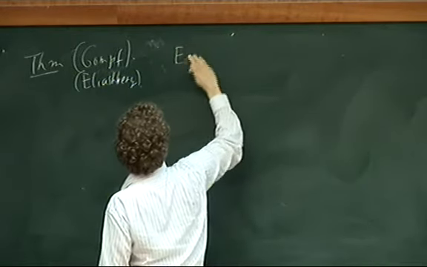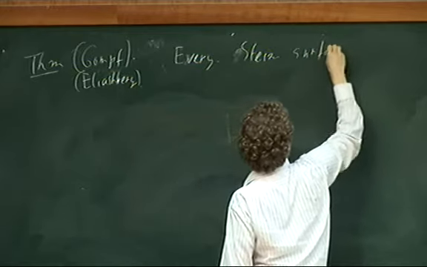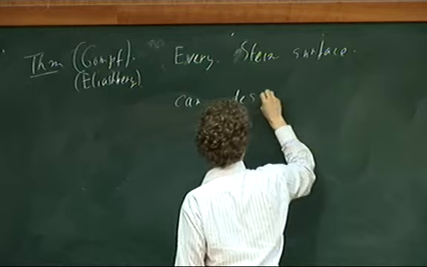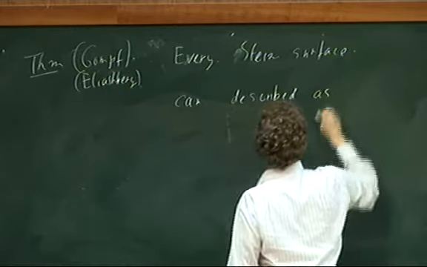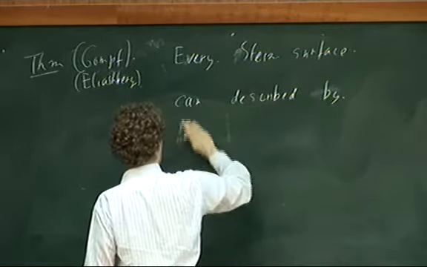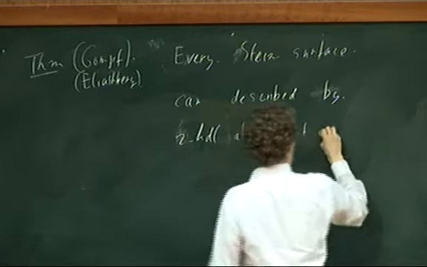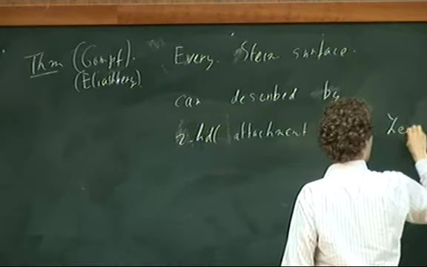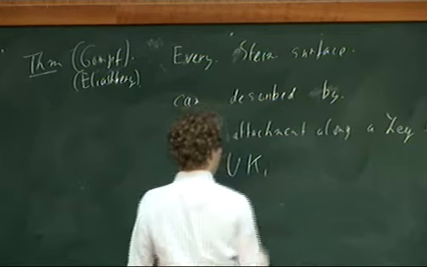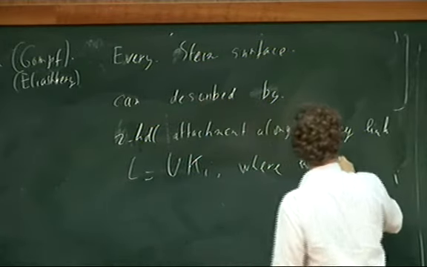So every Stein surface can be described by handle attachment, by say two-handle attachment along a Legendrian link, say L, which consists of say knot components Ki, where the framing